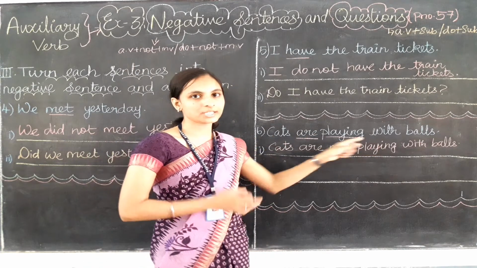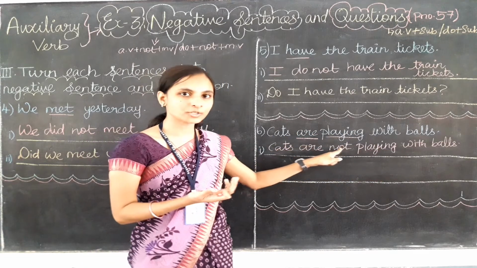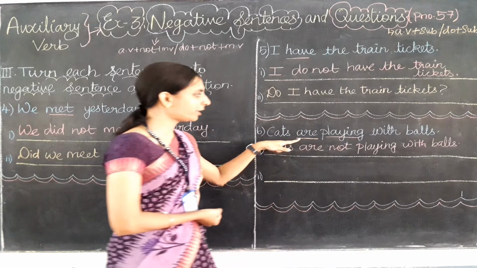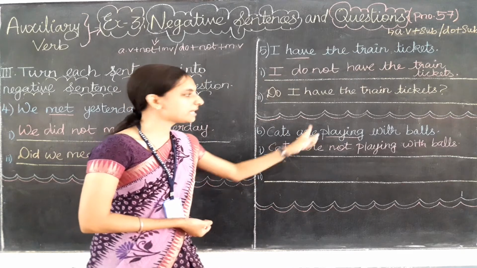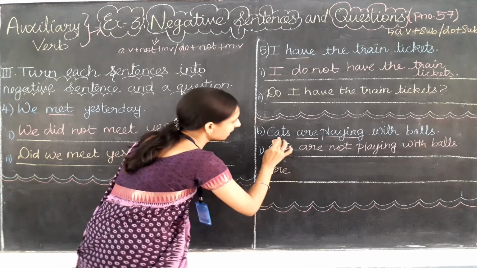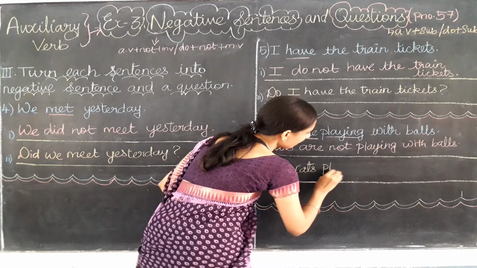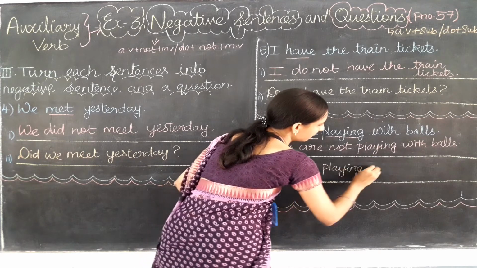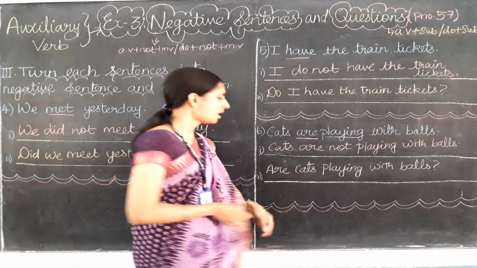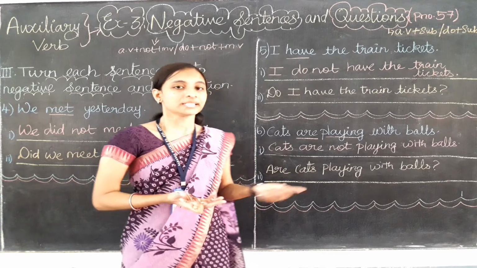Okay, let's make this sentence into a question. Cats are playing with balls. So we have learned that there is an auxiliary verb, and also the main verb. If there is an auxiliary verb and main verb, we need to use this formula: we write the auxiliary verb first and then the subject and all other words. So here the auxiliary verb is are. What is the subject here? That is cats. Then all other words, that is playing with balls. Are cats playing with balls? It means punaigal ella ball kooda vilayadittu irukka. This is the question sentence.